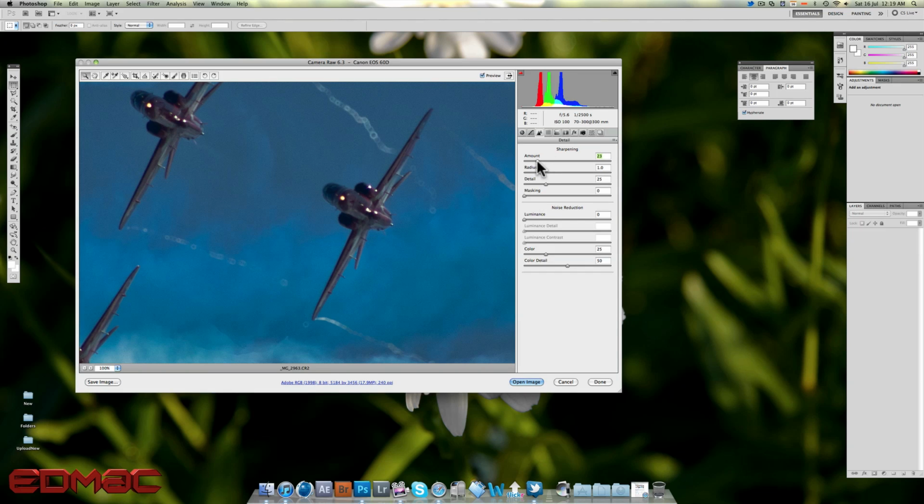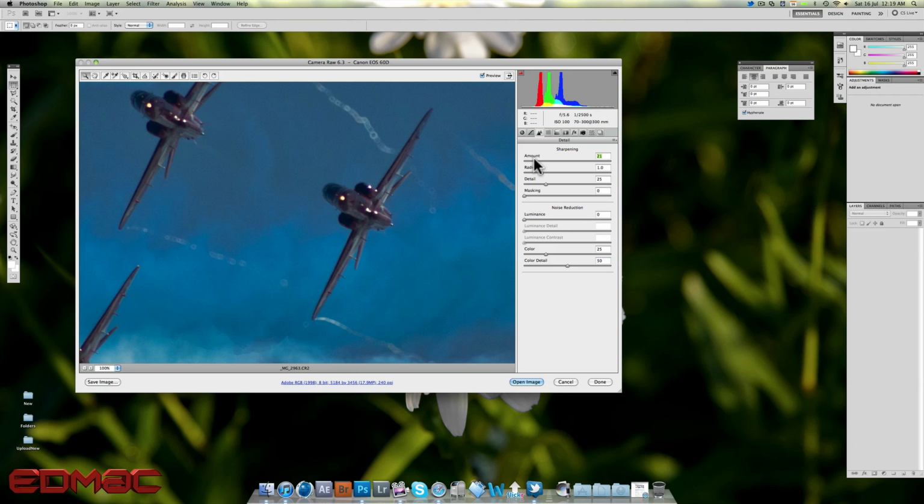Up here is fine. Like I said, I don't need to touch sharpening too much on here because the detail's pretty good on the planes. But if you have an image, say a moving subject, like a bird, for example, you can zoom in on the detail, feathers, and then you can just sharpen however much you want. So the amount basically determines how much contrast to apply to those